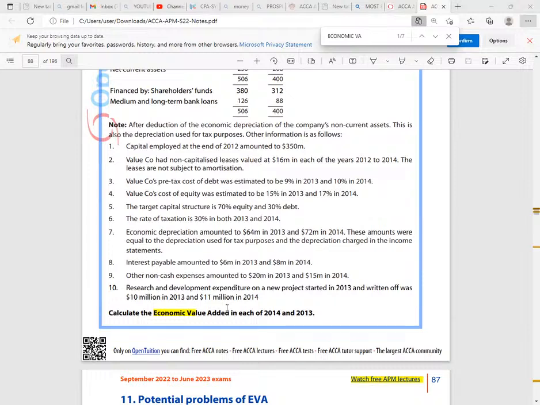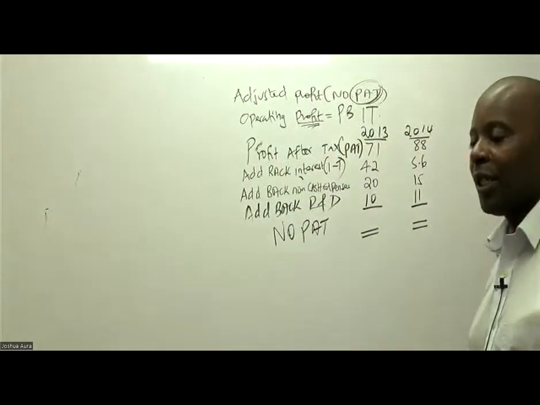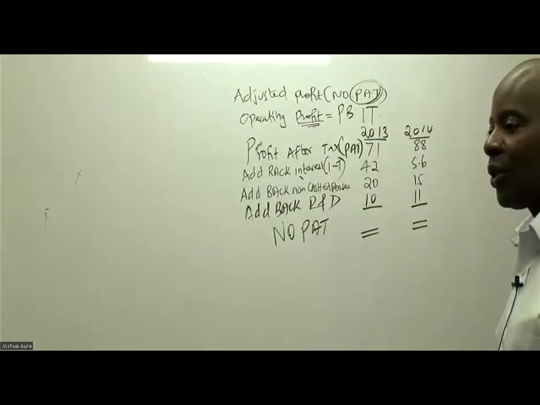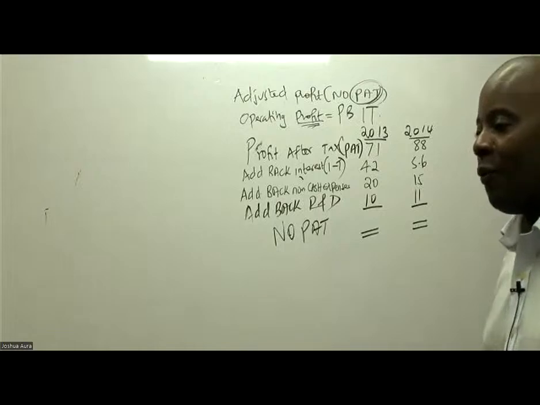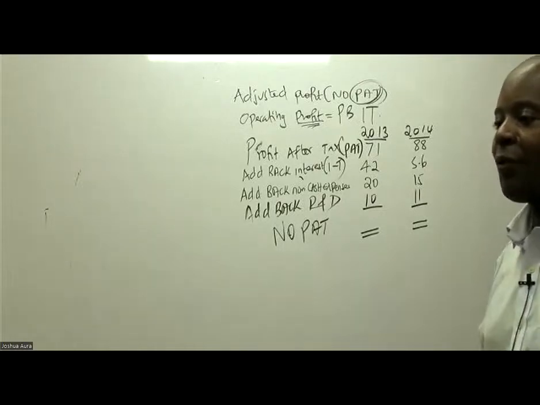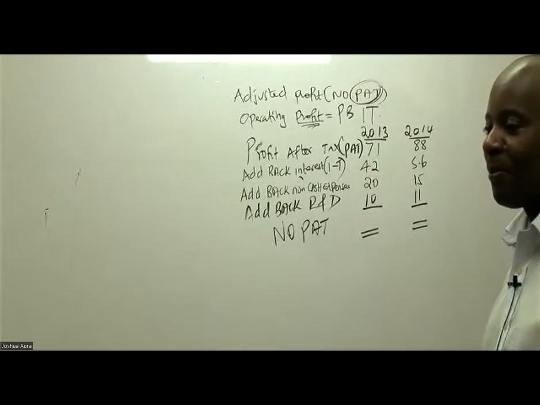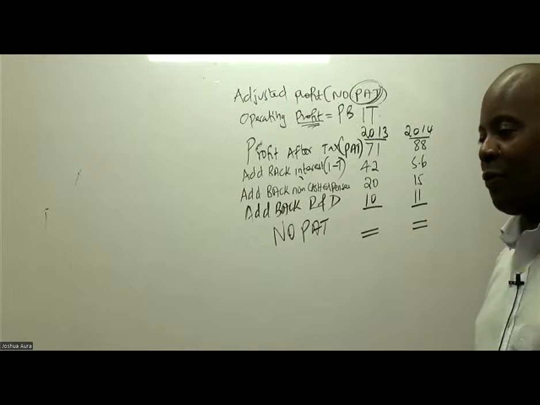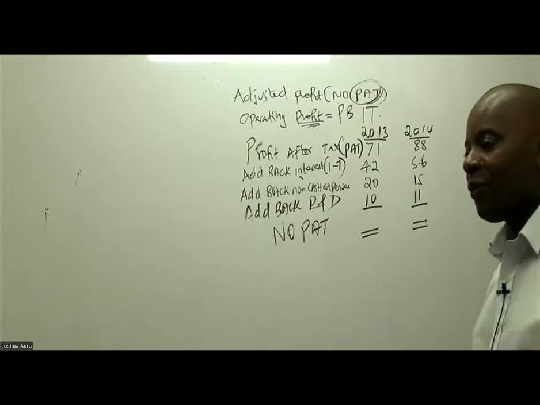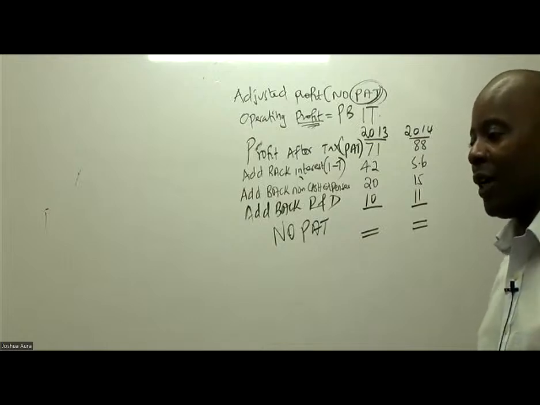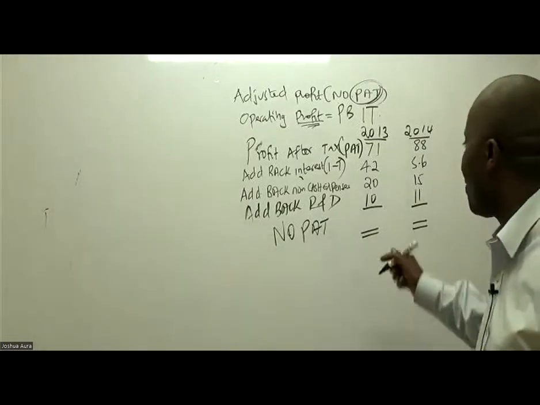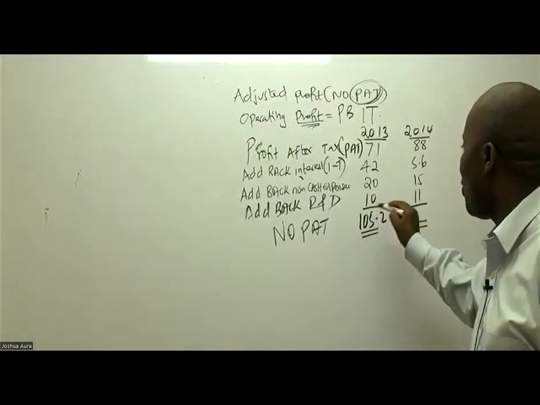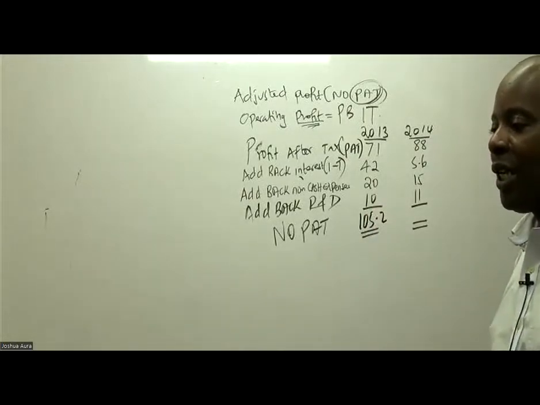the famous net operating profit after tax? Net operating profit after taxation. What do we have there? Cash flow-based profitability. Net operating profit after tax, what do we have? So 105.2 in 2013, and then 2014,